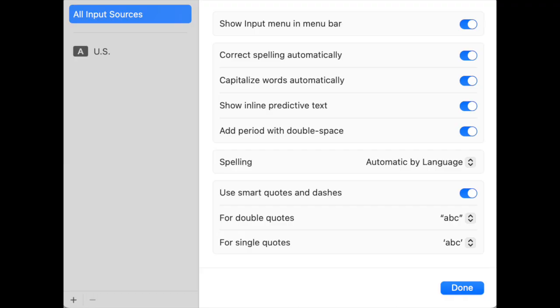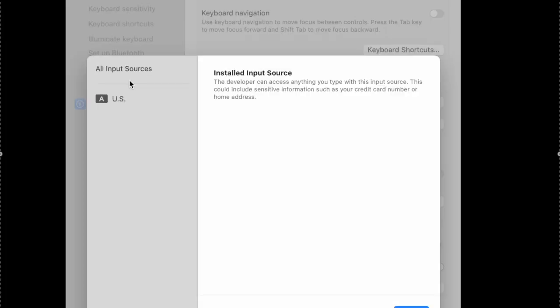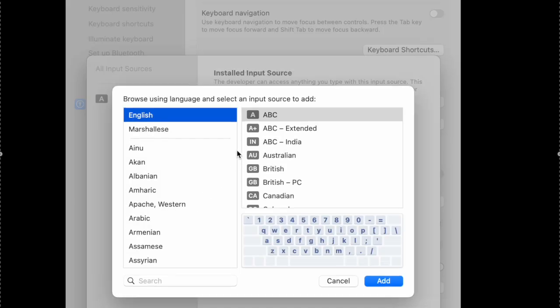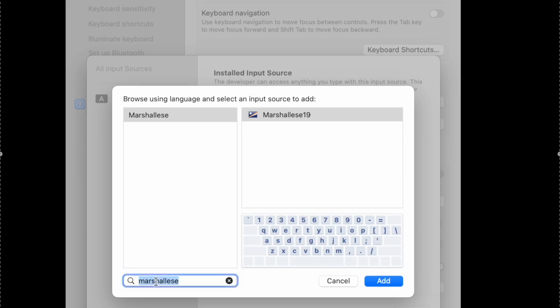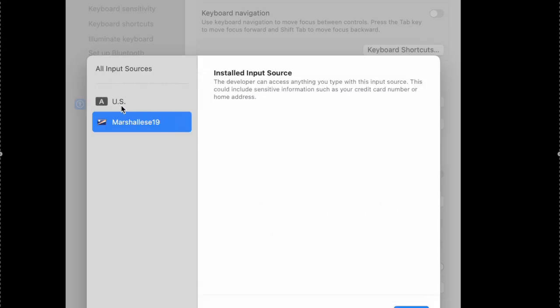And then on that screen that comes up at the bottom, you can see two little buttons. One says plus, one says minus. Click on the plus button. That means you're going to add a keyboard here. We can search for Marshallese if it's not there already. And it should have a little flag by it. Help us recognize it. It's called Marshallese 19. Once we've added that,